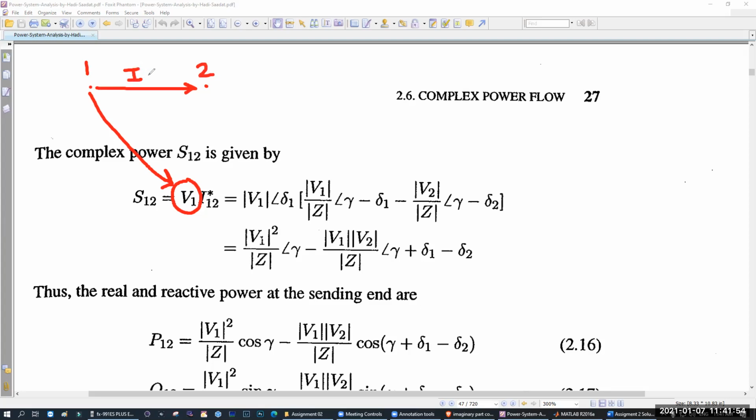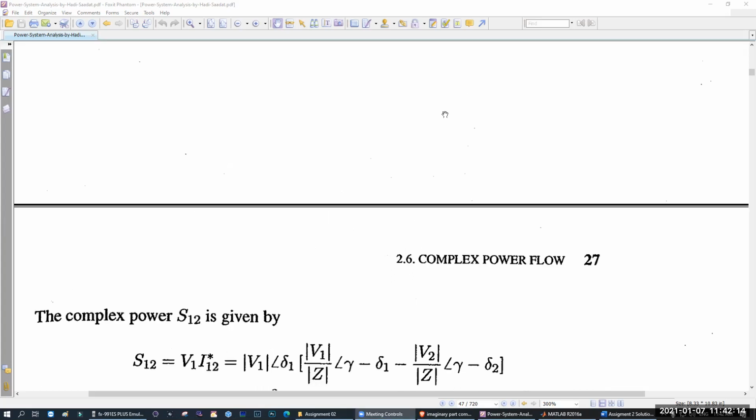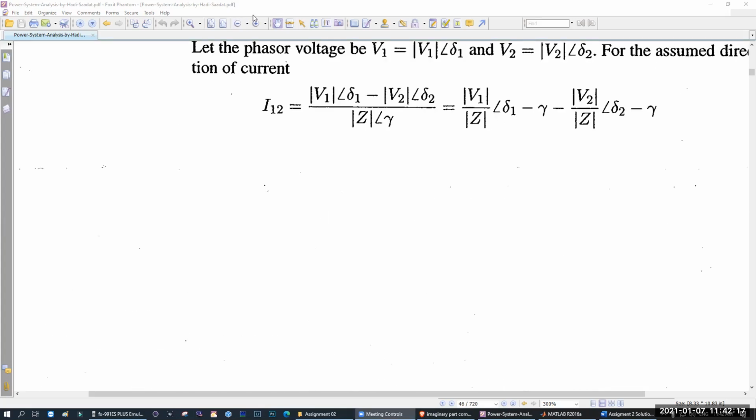So this is called I12 actually. So we will do the conjugate of that one, and V1, the sending end voltage, not receiving end, sending end voltage. So V1 is here, and what is your I12? I12 is from the previous equation, this one. If we make a conjugate of this one, conjugate means what? This will be positive, right? And if we multiply these with V1,